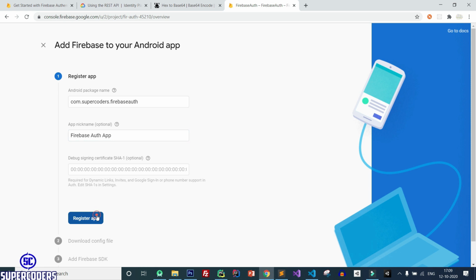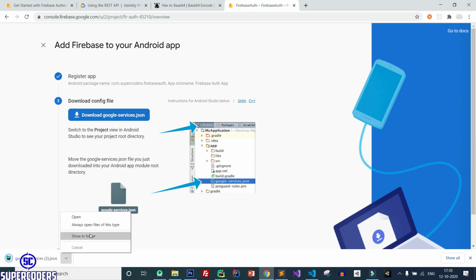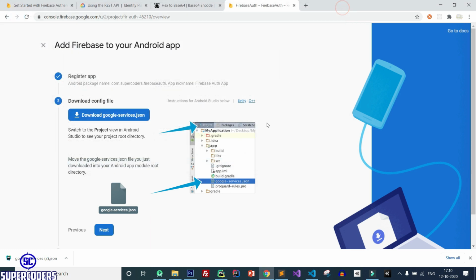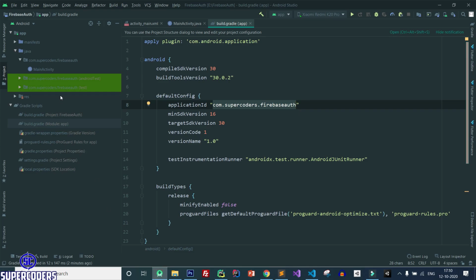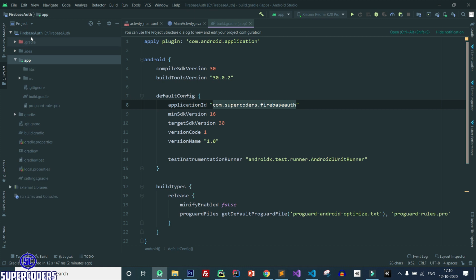click on register app. Now download this Google Services JSON file. So download it. Now let's show in folder and copy this file, and back to Android Studio and come to Android, click on project. Now here you can see it is showing app.